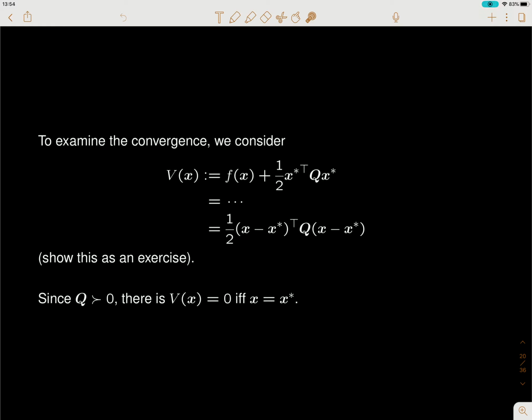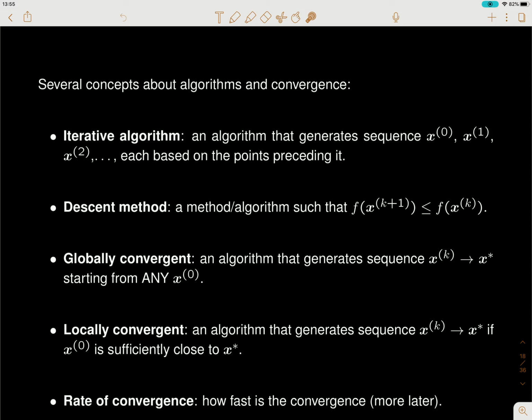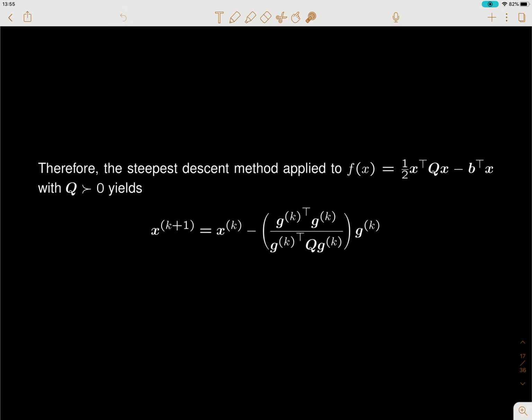Okay, so now let's consider the convergence of the steepest descent method. Remember that previously we have a closed form formula for the update rule of the steepest descent algorithm. Let me briefly recall that. So remember that starting from any initial guess, the steepest descent method applied to the quadratic function f can be written as this iterative scheme, or iterative